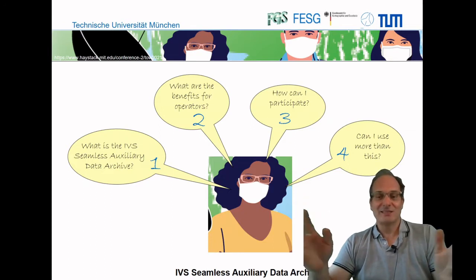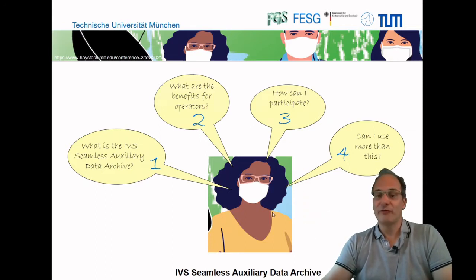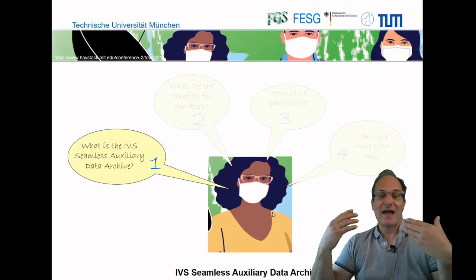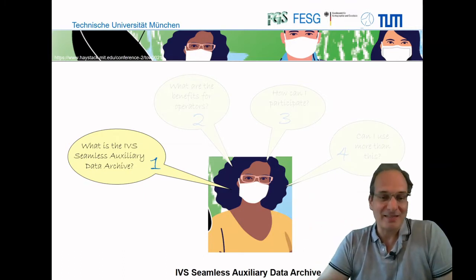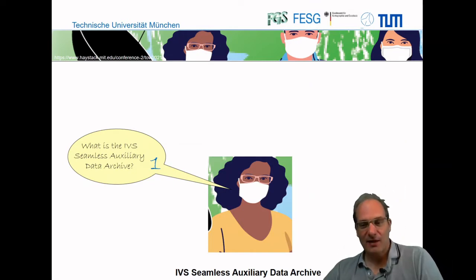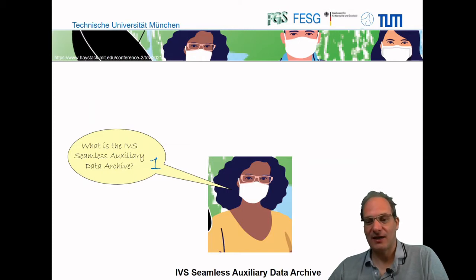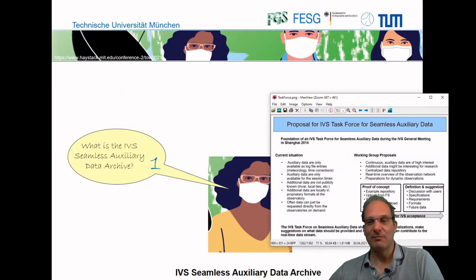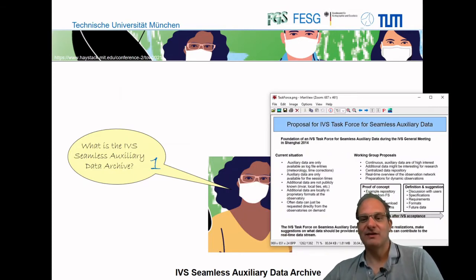So let's directly start with the first part, with the aspect, what is the IVS Seamless Auxiliary Data Archive? The IVS Seamless Auxiliary Data Archive is mainly based on ideas and implementations from the IVS Task Force for Seamless Auxiliary Data. It was founded in Shanghai 2014, and the main driver was that seamless data and auxiliary data are